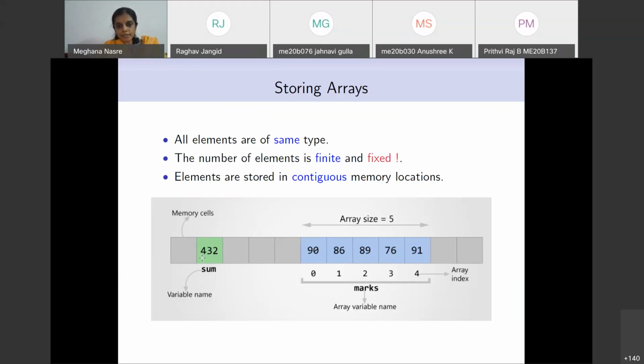Unlike the variable sum, which can be stored anywhere relative to the array marks that is stored in the memory. So this is important: array elements are stored in contiguous memory locations. So any questions or comments here?